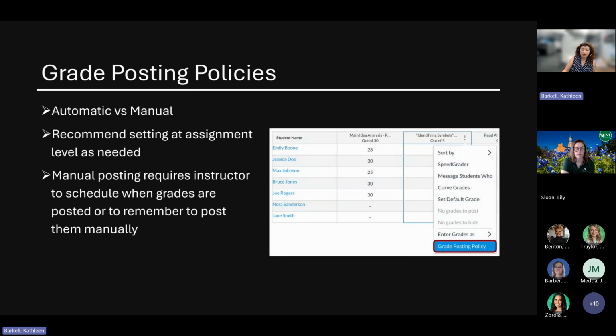Manual posting can be set at the course level or per assignment. So this is actually, I feel like, a little bit more useful. And we strongly recommend using it intentionally, especially for high stakes or multi-step grading. Be sure to set the manual grade posting policy before you start grading to ensure all grades stay hidden until